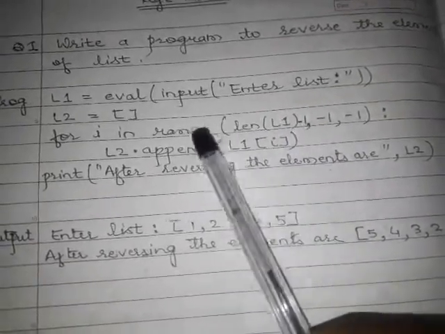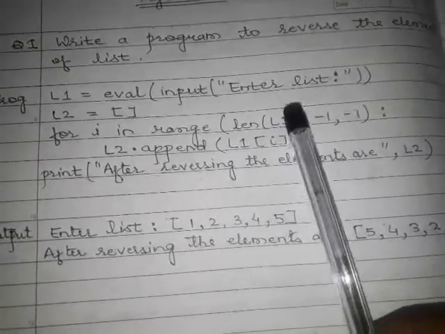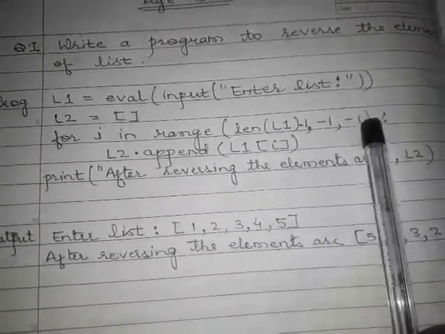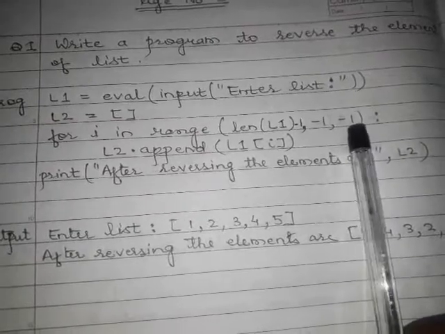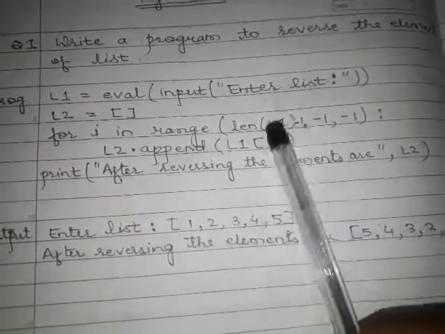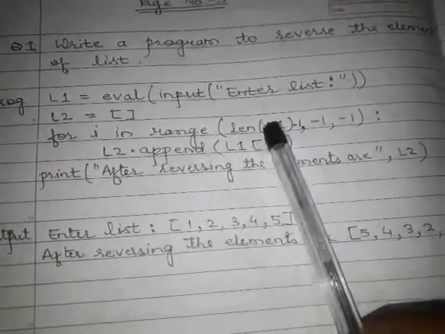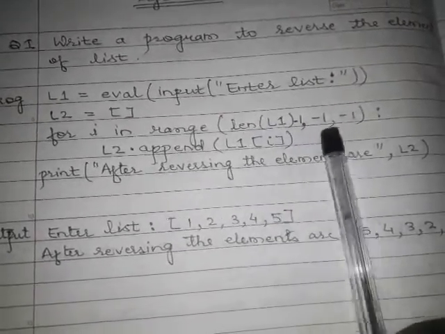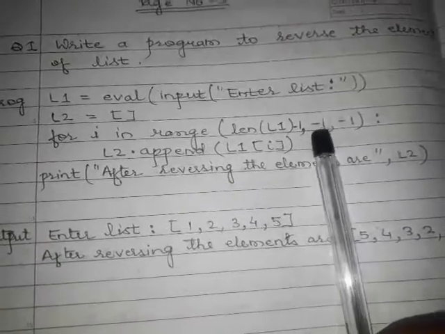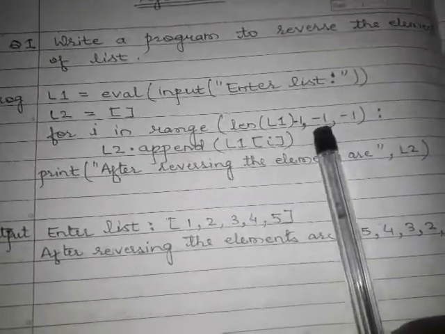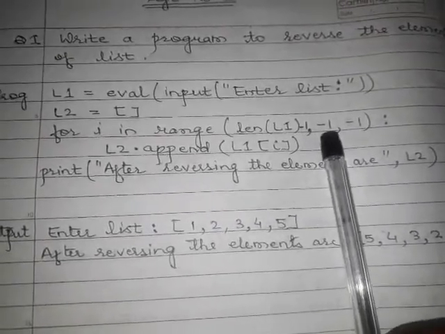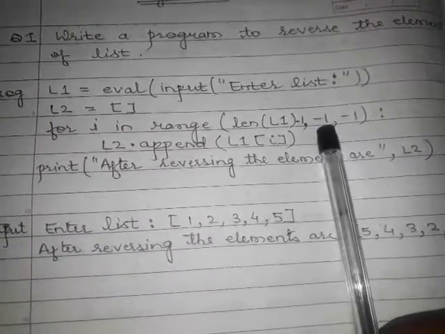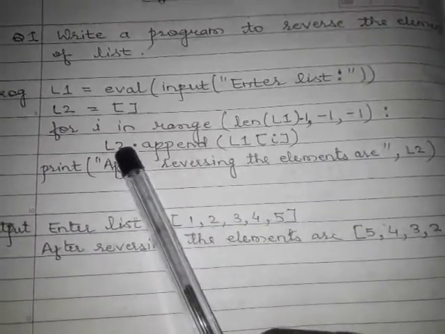And we use the range function in the reverse manner. We start from the last element and our step value is minus 1. We decrement our value: 4, 3, 2, 1, 0. So till 0 we have to run this range function. So we have to write minus 1 here because we have to include 0. To include 0 we have to give minus 1 as the stop value, because 0 is the first element of the list. Look here.